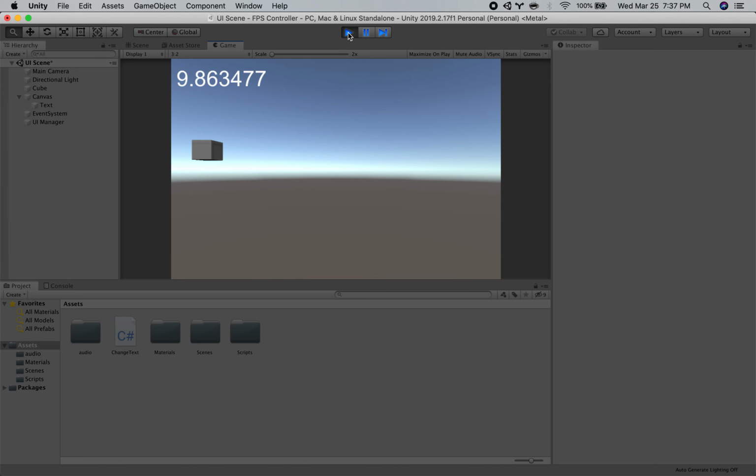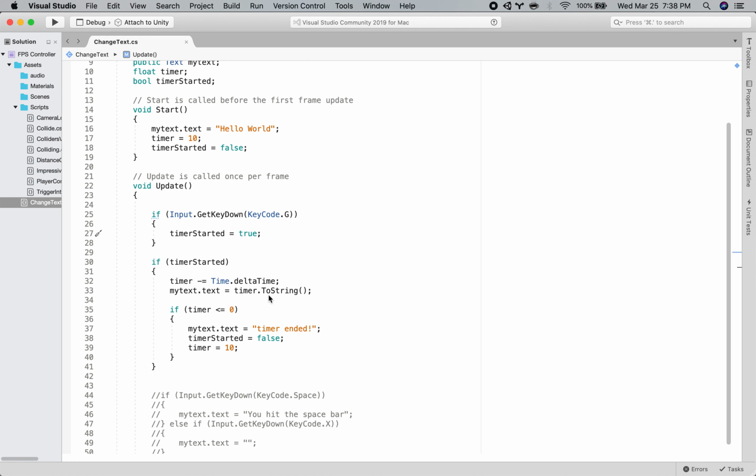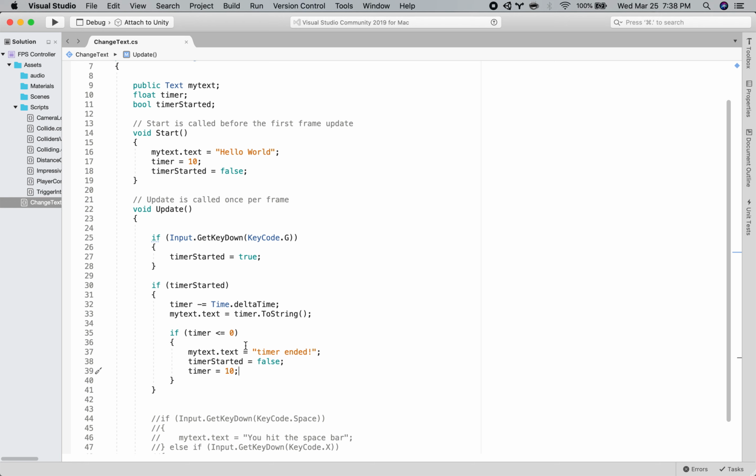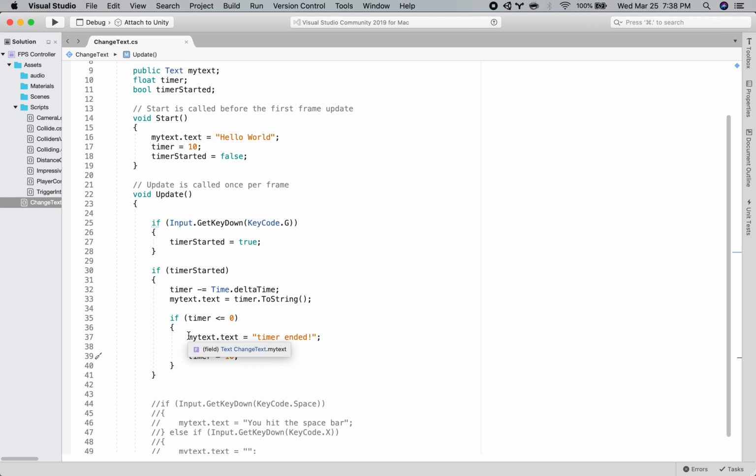Okay, so I hit G, it's going to count down, and then once it gets to 0, what we should see is the text changing. Ready, and timer ended. Okay, and then we should be able to hit G again, and the timer starts over. So, cool. The restarting the timer bit, you don't necessarily have to do this stuff, but you could have something else happen, right? Like maybe the color of a box changes, or something activates, or whatever. So whatever you're wanting to happen in your scene, you could say, hey, once the timer reaches 0,